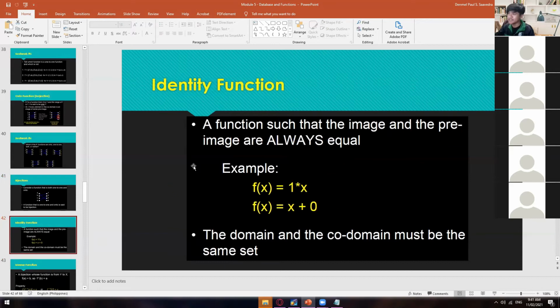So we have here the identity function. It is a function such that the image and the pre-image are always equal. So if your x is always equal to your y, then this is an identity function. Or this function is equal to this function, and this one is an identity function. All right? So as simple as that. No matter what the value of your x is, you still have the same value from your pre-image